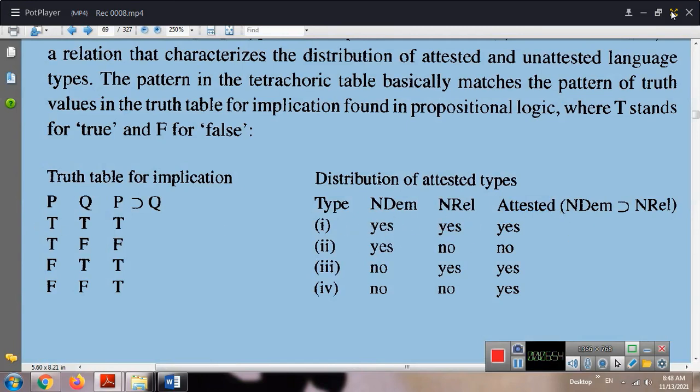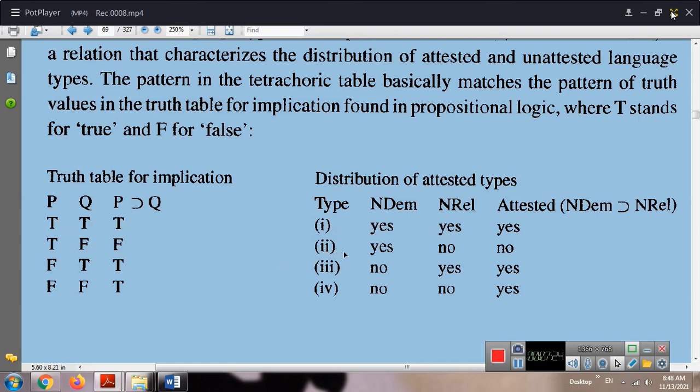Here, these propositions are expressed through true and false. It means that when we say yes, it is true. Therefore, if P is true, meaning we have non-demonstrative, and Q is true, we have non-relative clause, that language exists and it is true. It corresponds to this